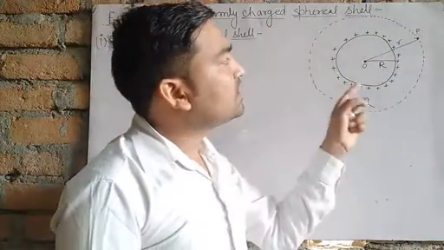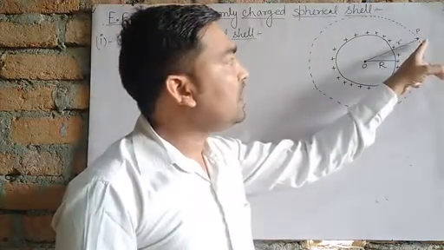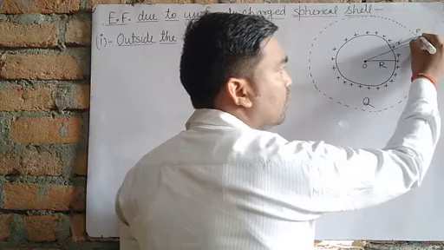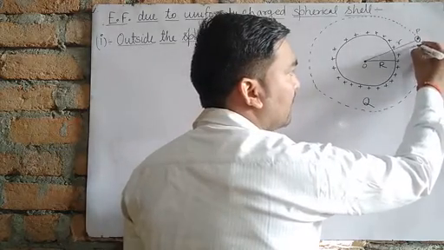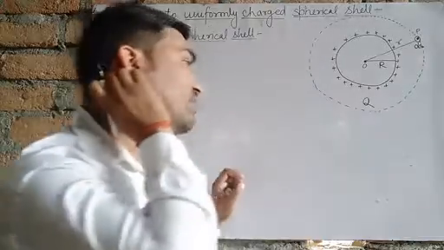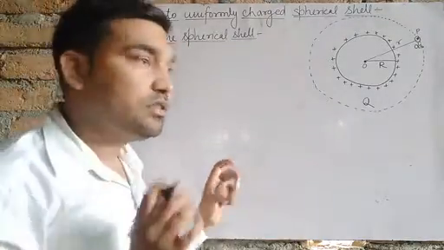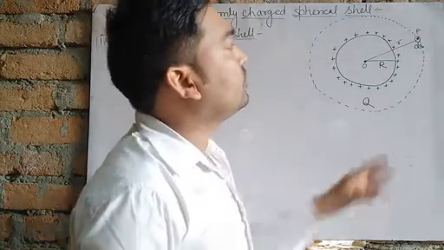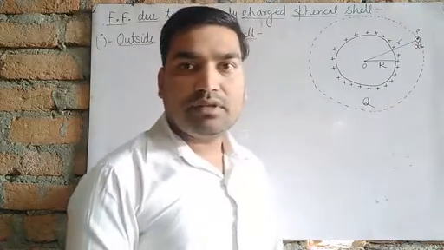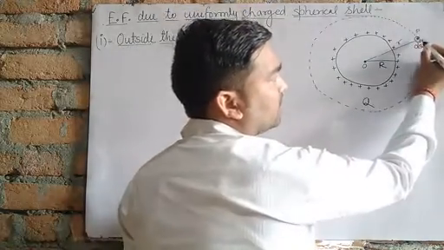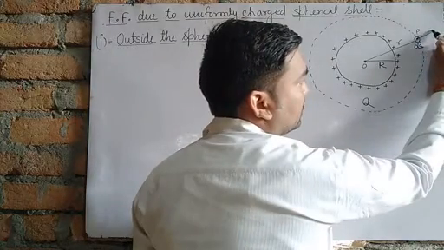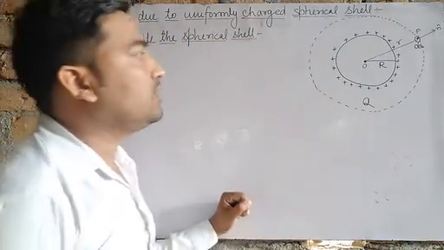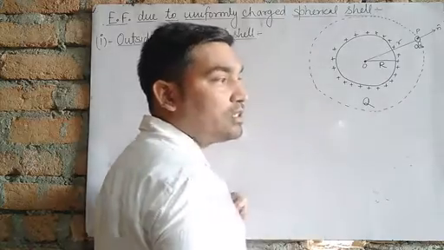When we draw the Gaussian surface, point P lies on the Gaussian surface, and we consider a small element of area called ds on the surface at point P, and draw the direction of this small element of area. Also, I told you the direction of the area vector is always normally outward. If this is the surface, then the normally outward direction is this. This is the area vector n cap.